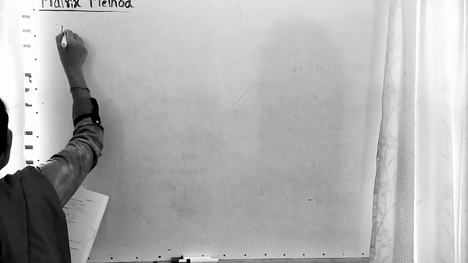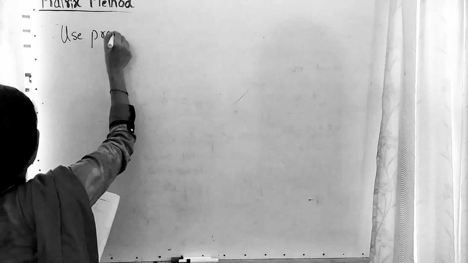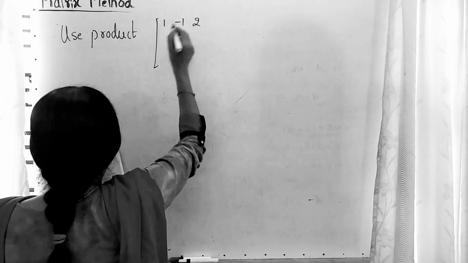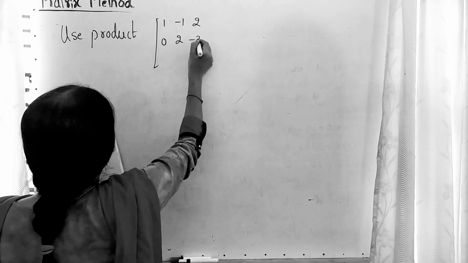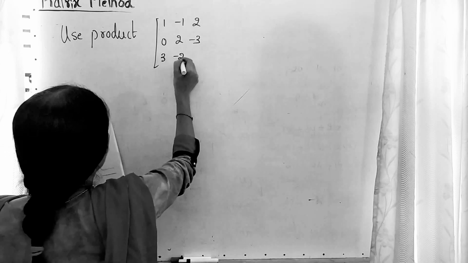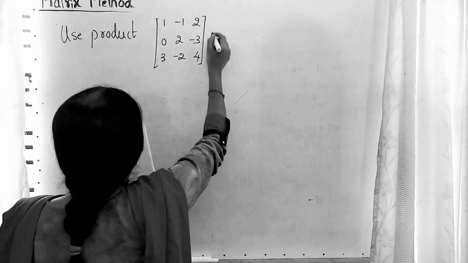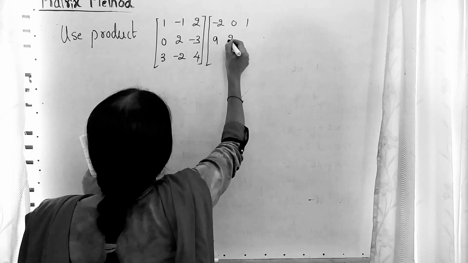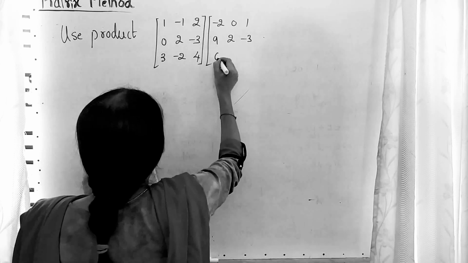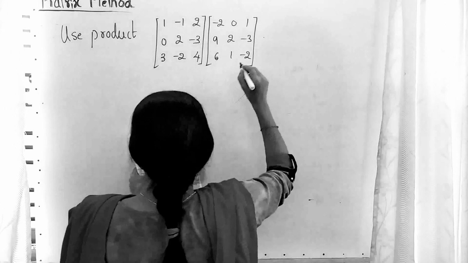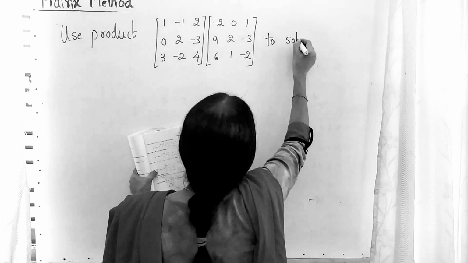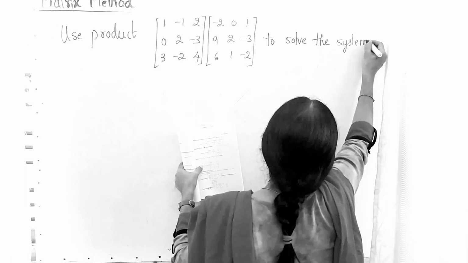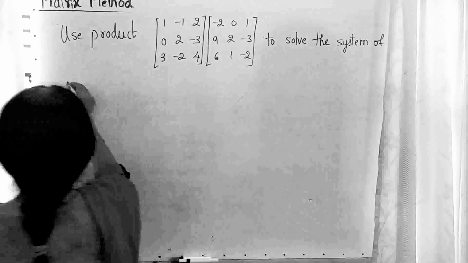See, question is very interesting. Use the product of 1 minus 1 2, 0 2 minus 3, 3 minus 2 4, and minus 2 0 1, 9 2 minus 3, 6 1 minus 2, to solve the system of equations